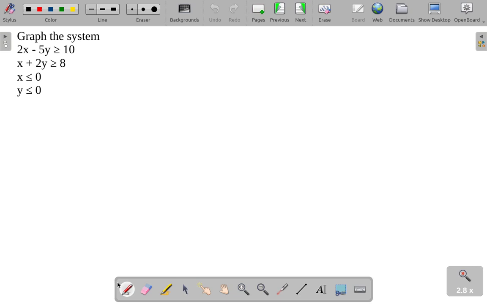Graphing a system of 4 inequalities is not much different than graphing a system of 2 inequalities. We just have to draw more boundary lines and figure out which way is the correct side of all of the lines instead of just 2 of them. So if we're graphing